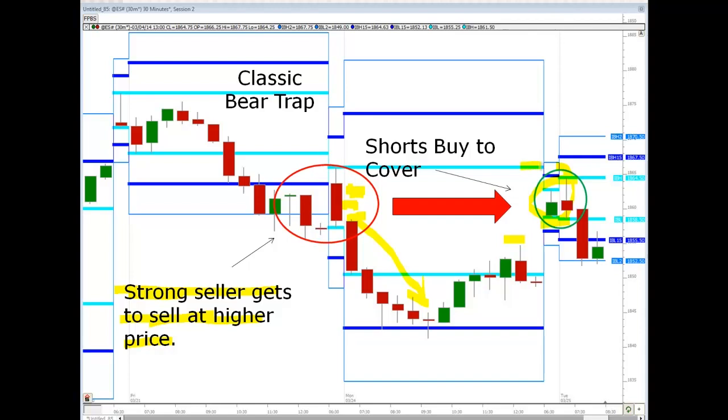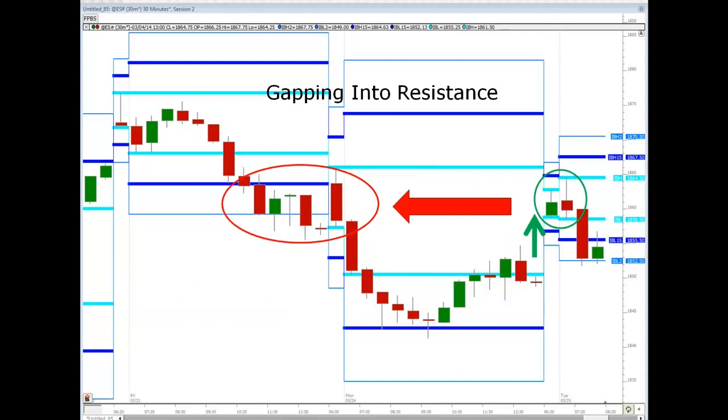There wasn't enough strength in the buyers to be able to even make it up for a retest of the prior day's initial balance high. When you observe that and you understand the dynamics of what's going on in the market, you then realize that you have a high probability short entry on your hands. And as soon as the market begins to take prices lower than the second 30-minute period, you would probably feel that this would be a safe